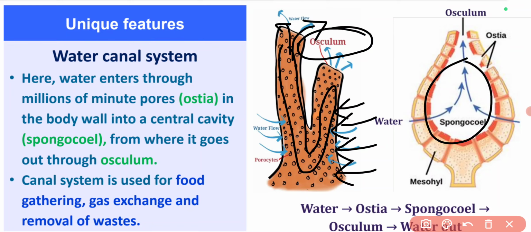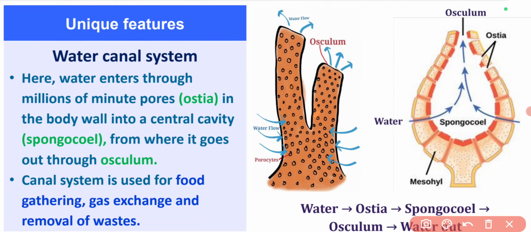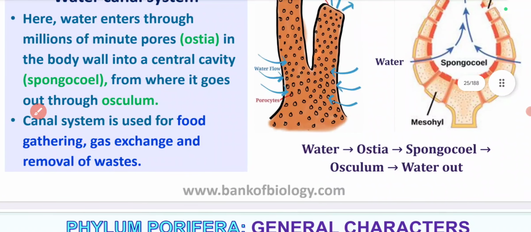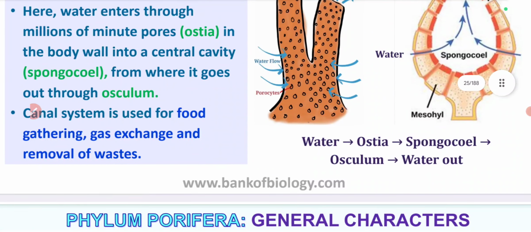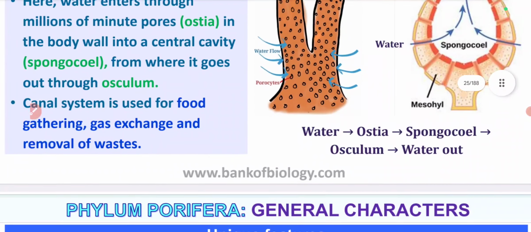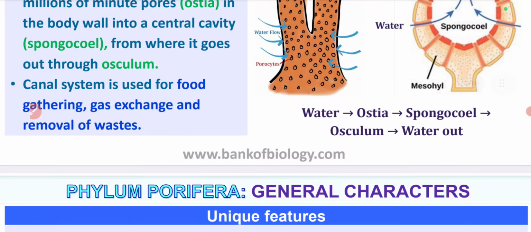The canal system is used for food gathering, gas exchange, and removal of waste. Though they do not have any particular circulatory, digestive or excretory system, this water canal system helps them in food gathering, gas exchange and removal of waste products. So this is the pathway: water, then ostia, spongocoel, osculum, water out. Okay, next,